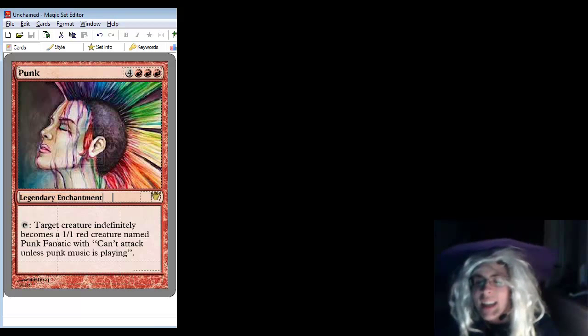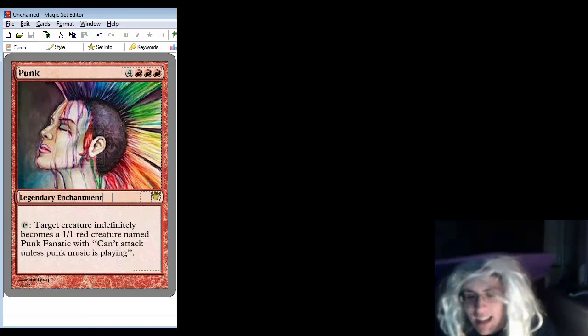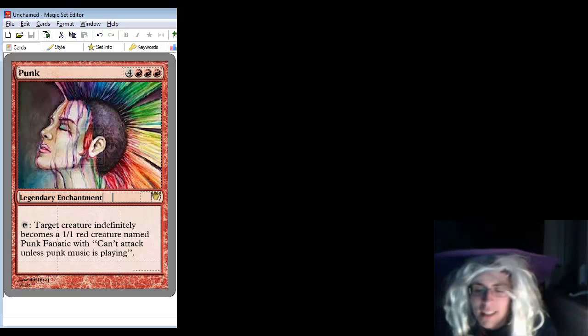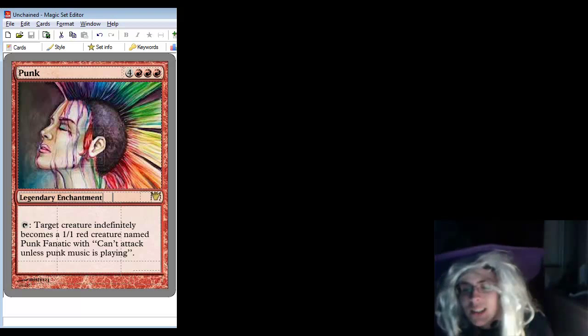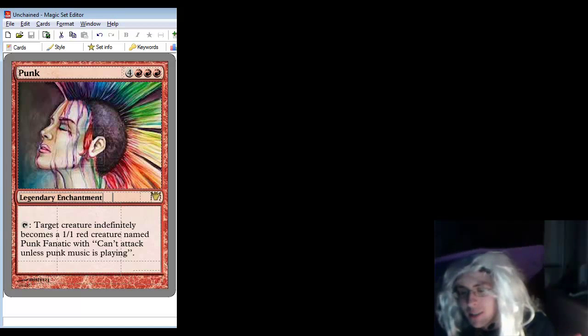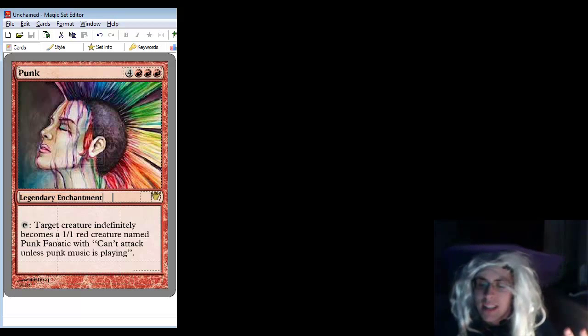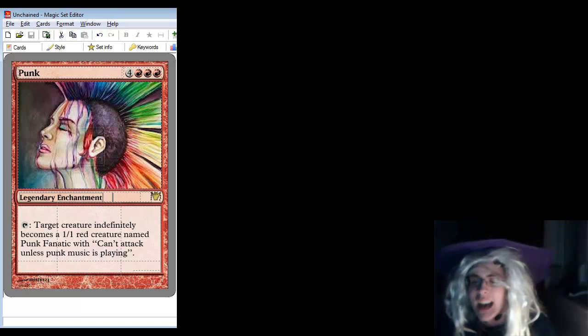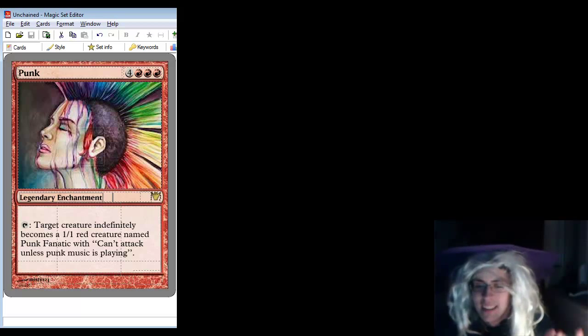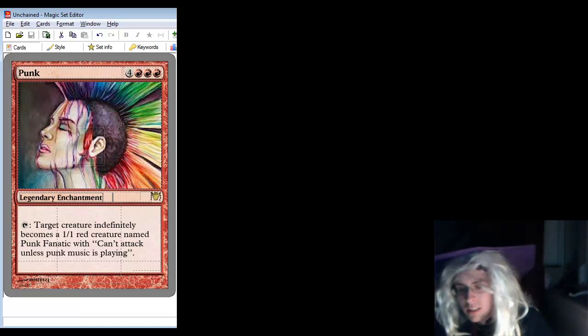Once a turn, you can take any creature and then turn it into a 1/1 red creature named Punk Fanatic. Yes. It also loses all of its other abilities, so you can take any creature and then just turn it into this useless dude. And also, it can't attack unless punk music is playing. Let's go even further. I mean, turning it into a 1/1 and taking away the abilities is crazy enough. But I think this is just icing on the cake with it not being able to attack unless punk music is playing. Now that is a really specific condition. I mean, if they don't play punk music wherever you go. Anyway, just...